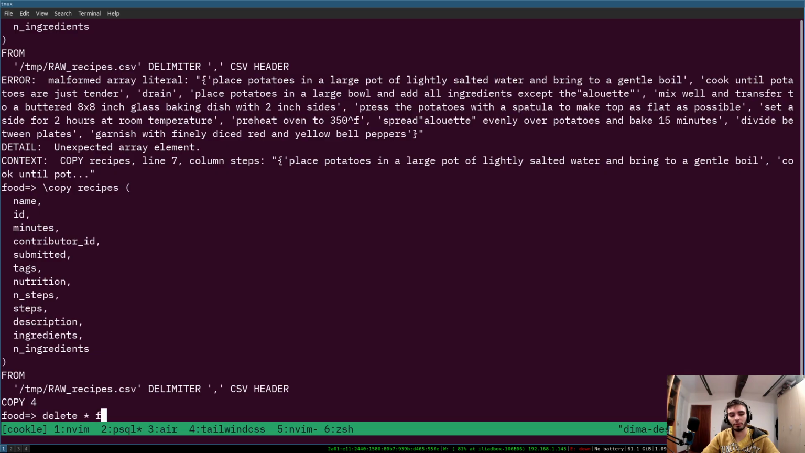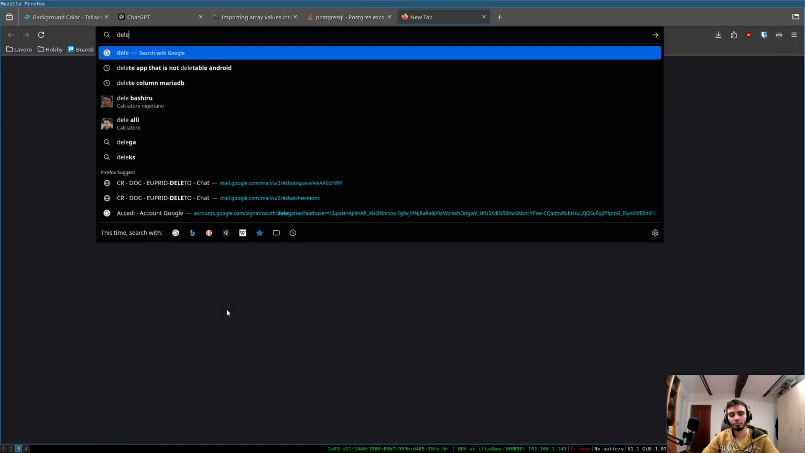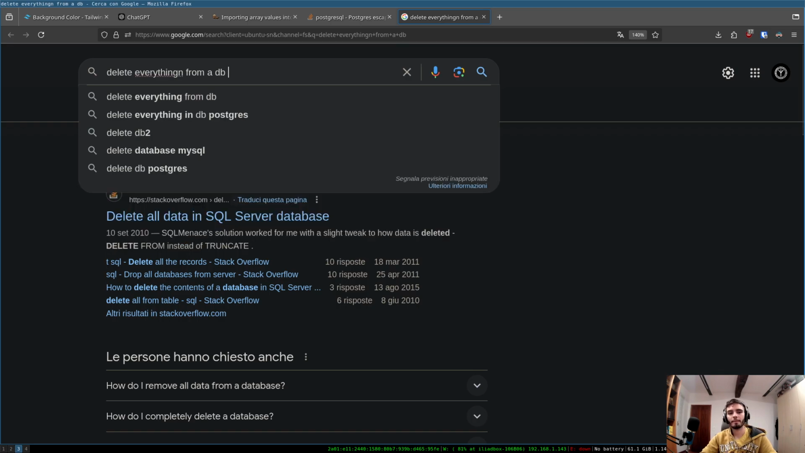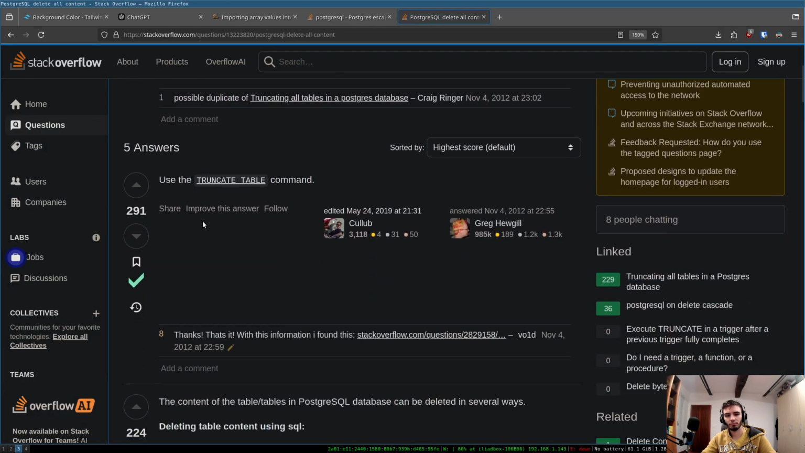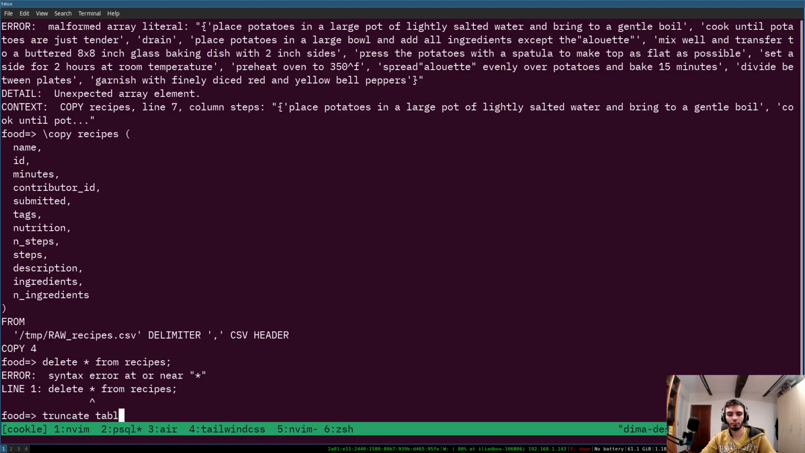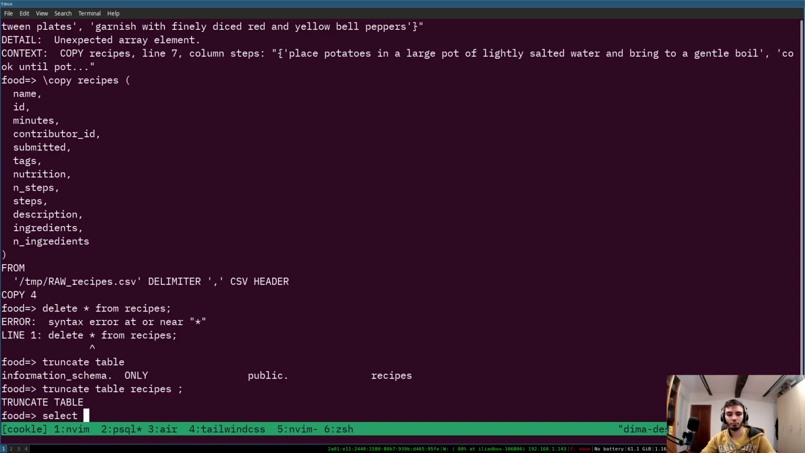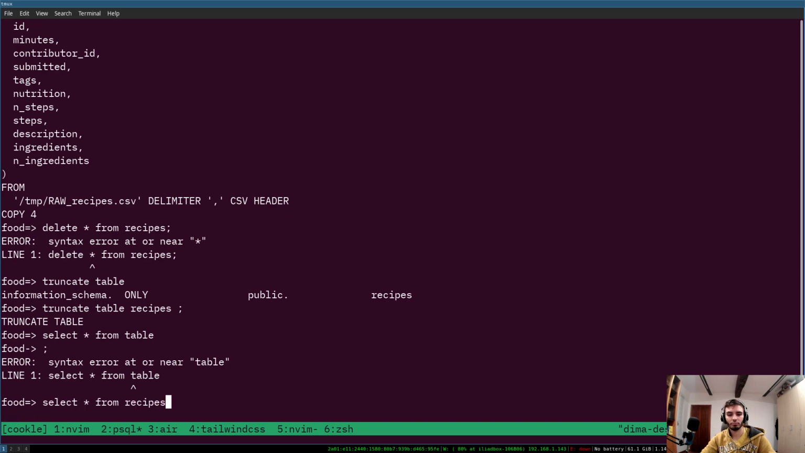So let's delete everything from recipe. Delete everything from a DB. From a table Postgres. Truncate table. Good. As of now,